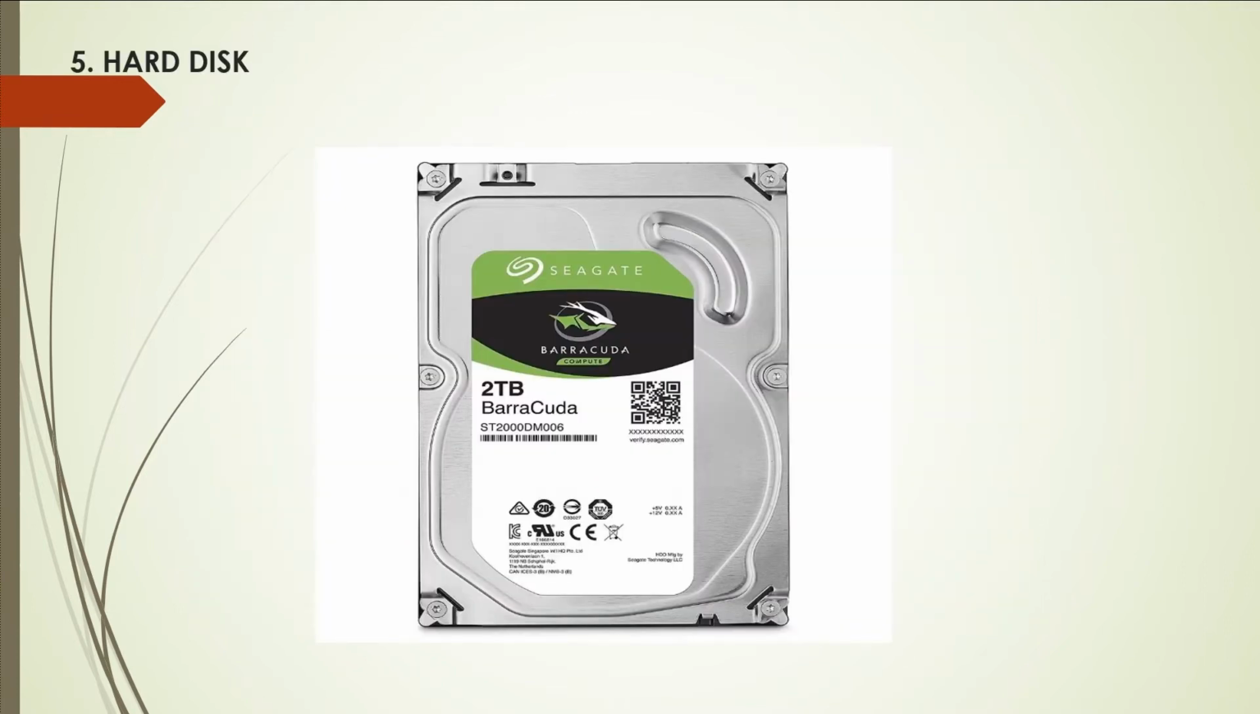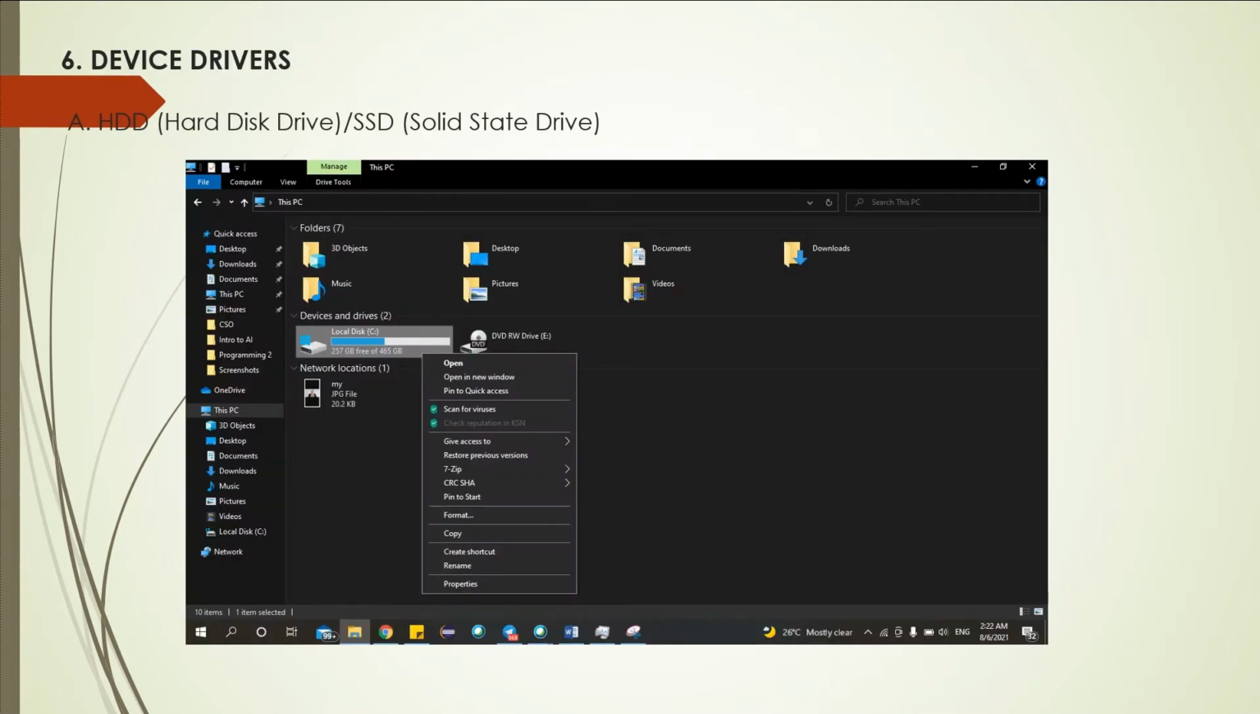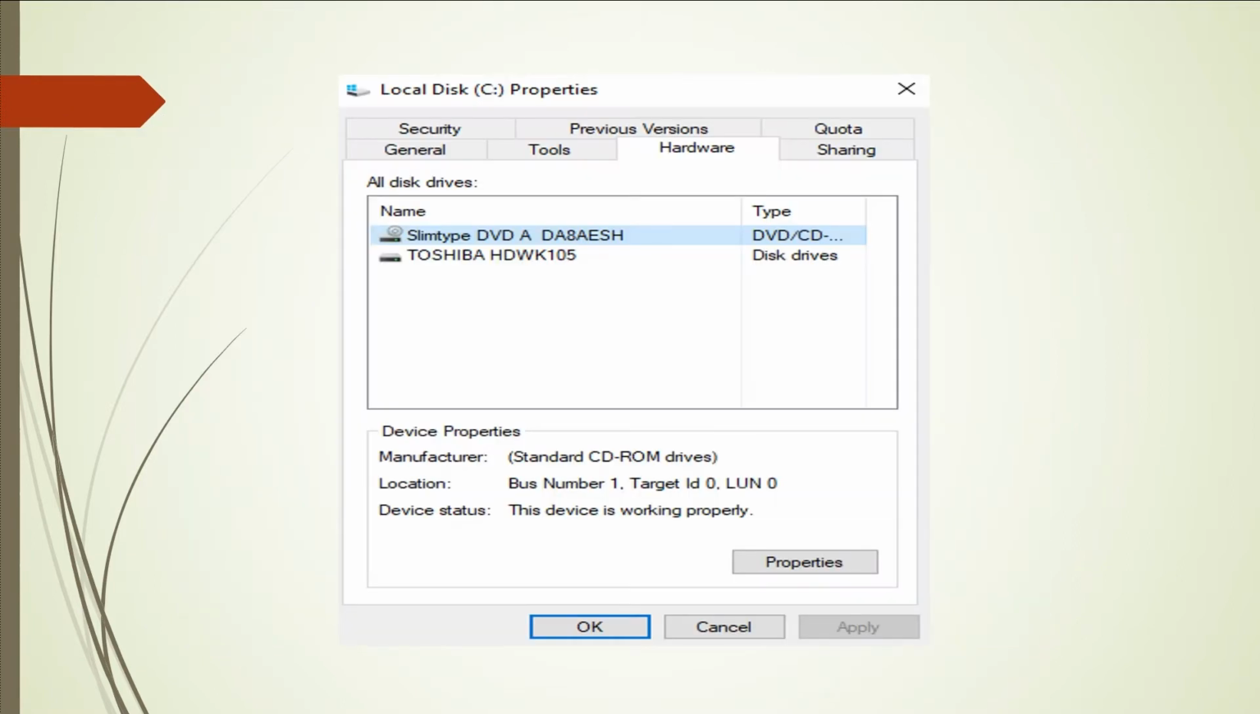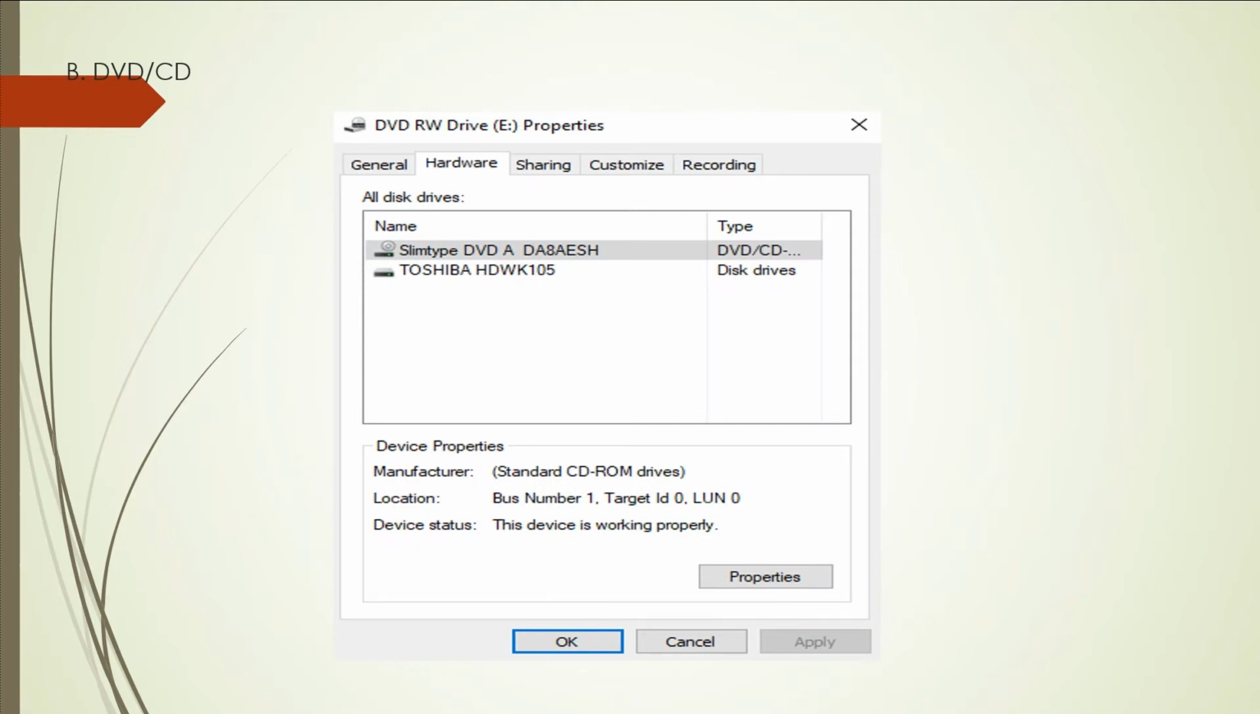This is the type of hard disk that my computer uses. My computer uses HDD, which is hard disk drive. Firstly, click this PC and right click on the local disk and find the properties. And then it will show the hard disk drive information, which is my computer uses Toshiba HDW105. For DVD or CD, it is the same step with HDD, and my computer uses inside DVD